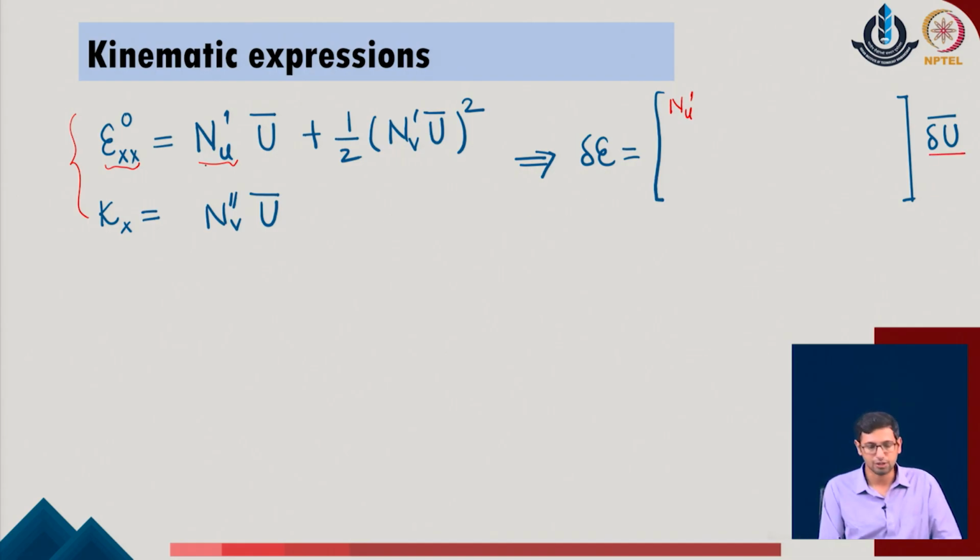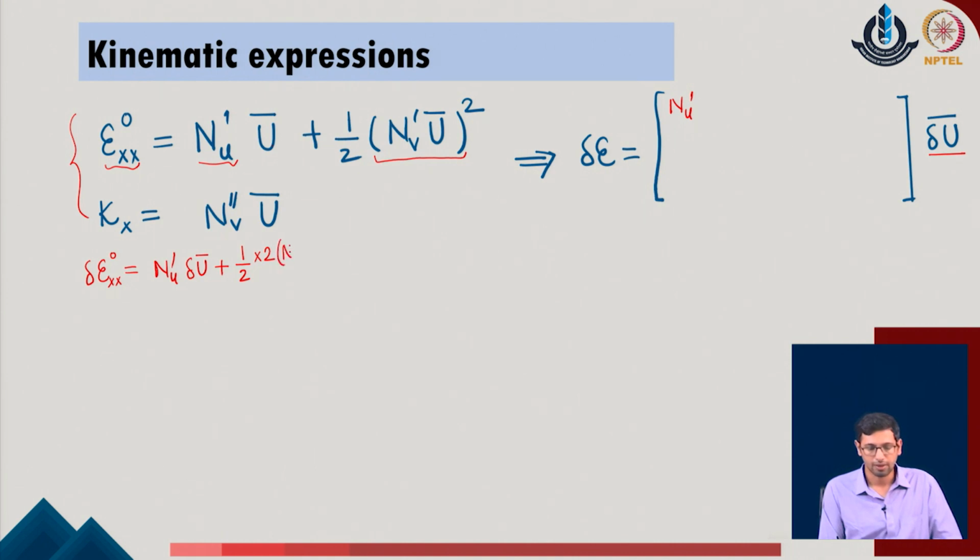So, or in a generalized manner, I can write this as epsilon naught with a small variation in that. I write this as nv prime first, because it will not undergo any variation, as it is not a function of any of the displacement parameters, into u bar, and that will be undergoing the variation. So, this is del u bar plus the half of, now this overall parameter is one function which is defined with the square term. So, it is a function of the displacement as well. So, I will be taking first the derivative with respect to the function over here.